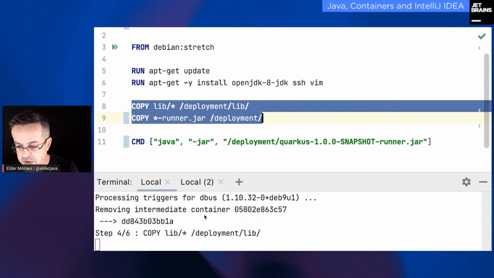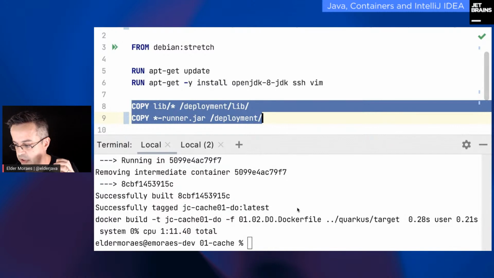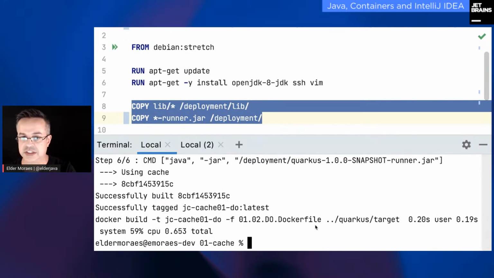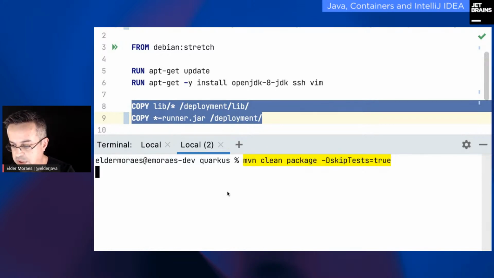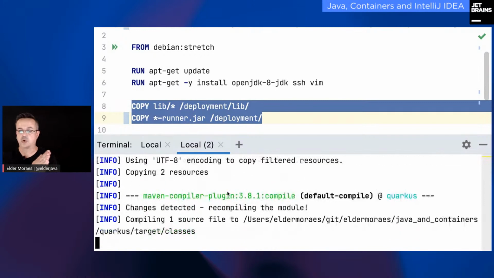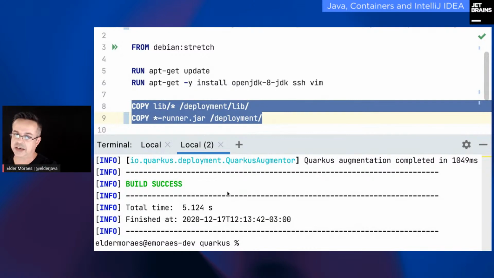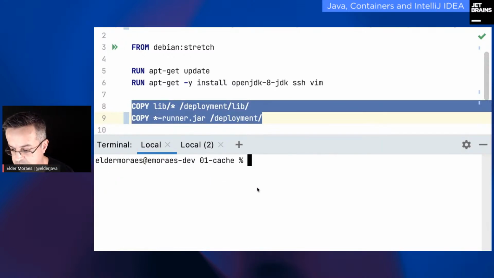Okay, so it's processing the triggers, and now it took maybe 30 seconds again. If we just run again, it's instantaneous, of course, because I didn't change my application. But now let's change the application. Let's package the application again and see what happens. Because in the last example, once I packaged my application again, it took 30 seconds again to build the whole image. But right now, as I just switched the order of the commands, if I try to build this image again,